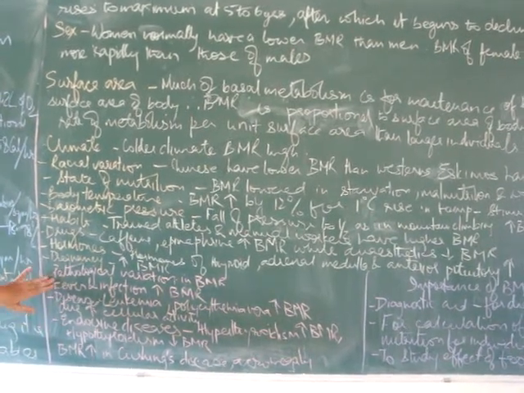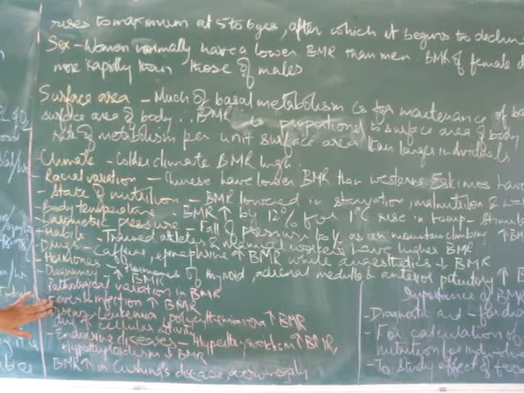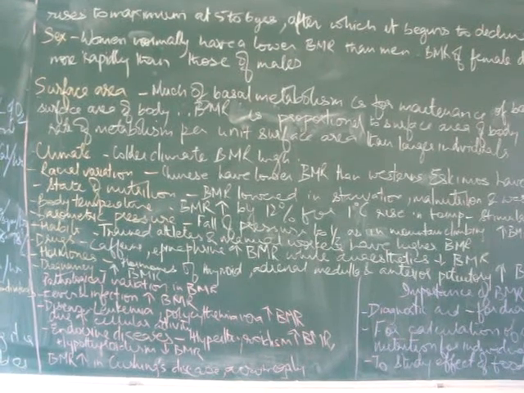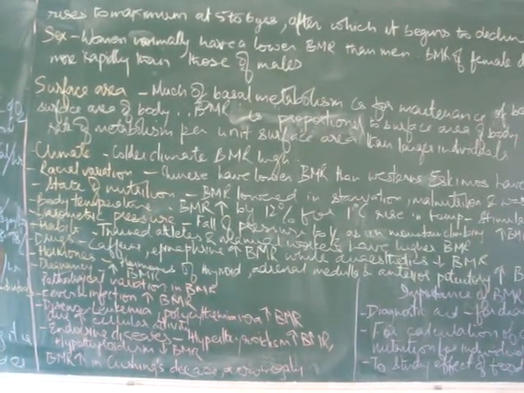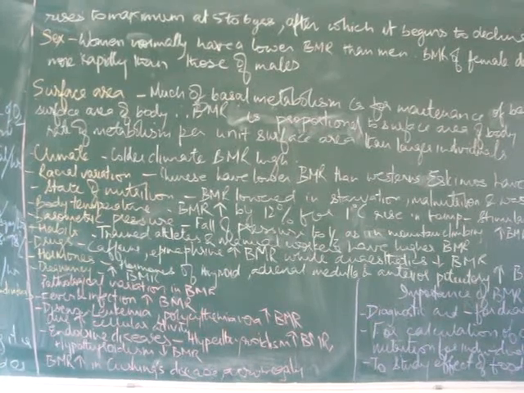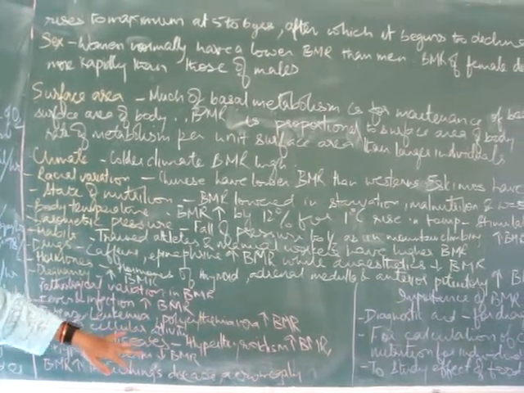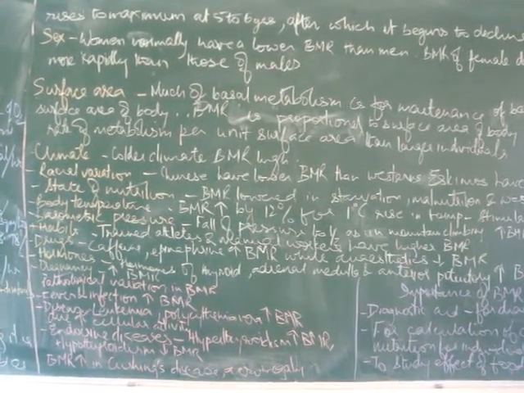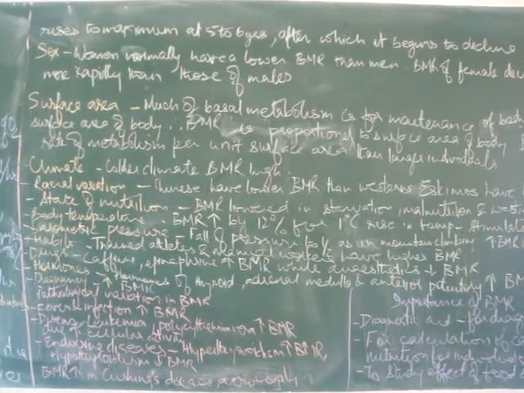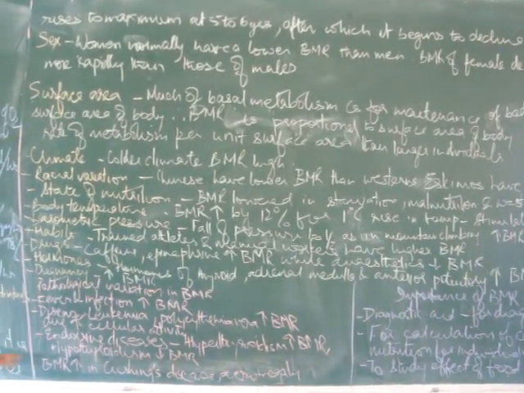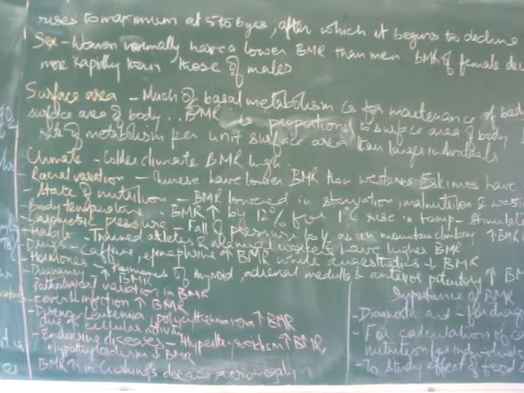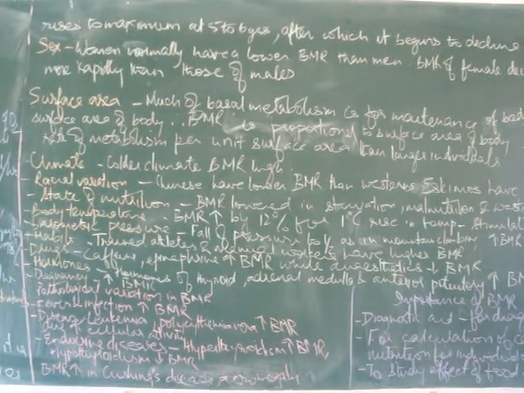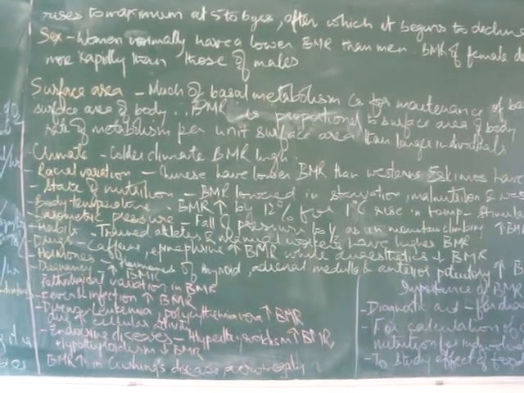Then fever and pathological variation in BMR. In fever and infection, BMR increases because cellular processes increase, and to fight infection antibodies are made, therefore BMR increases. In diseases like leukemia and polycythemia, cancerous situations where cell metabolism and cell multiplication increase very much, there also BMR increases. Then endocrine diseases: in hyperthyroidism there is an increase in BMR, and in hypothyroidism BMR decreases.